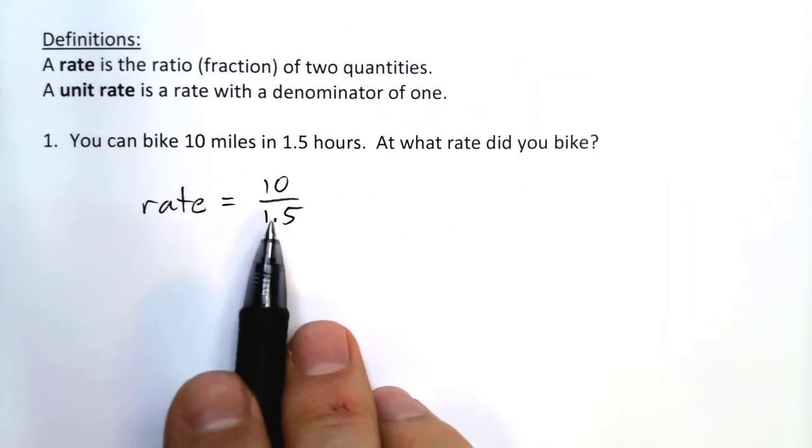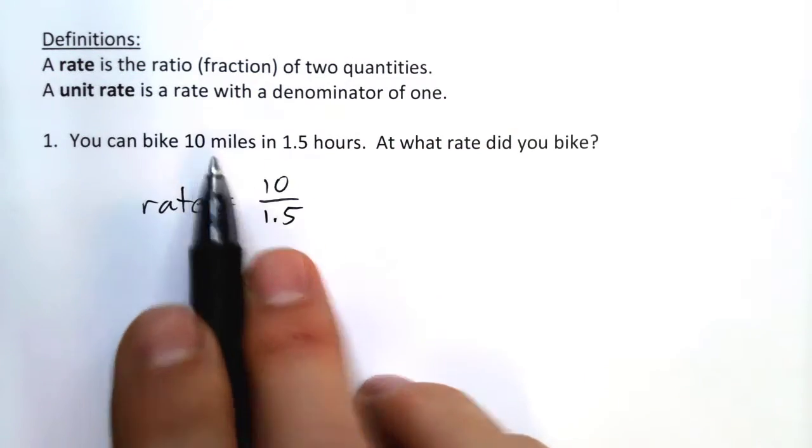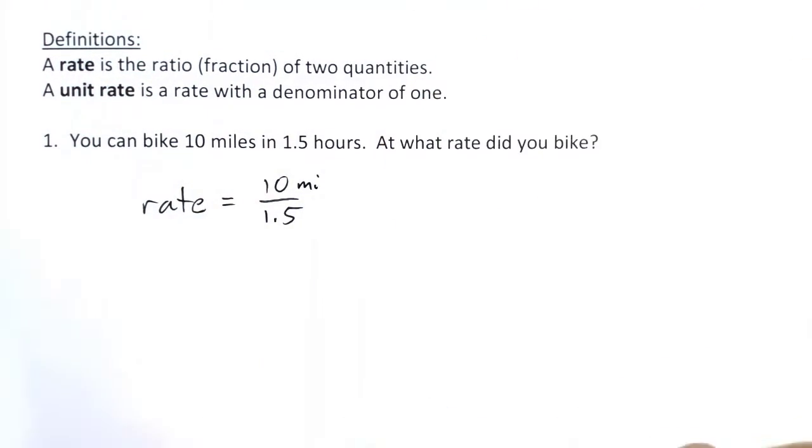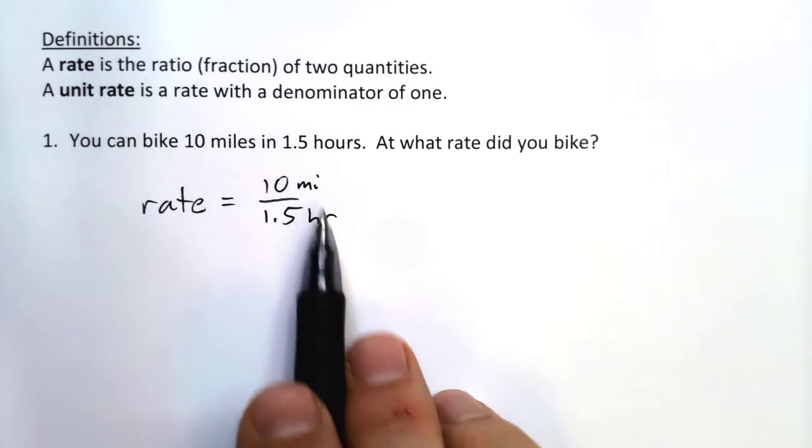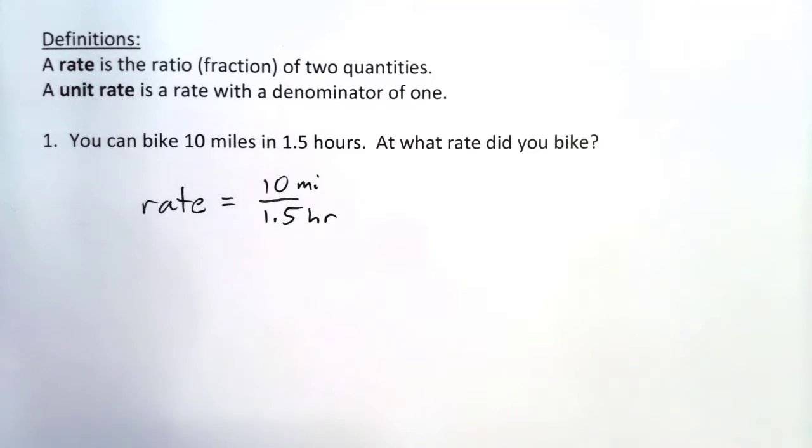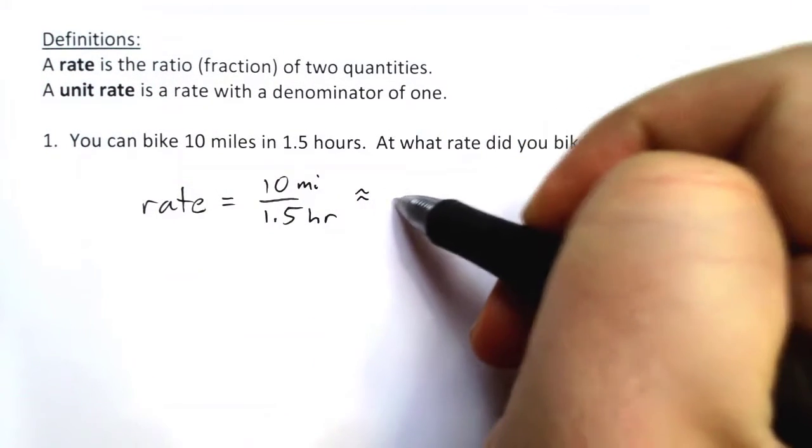Now, instead of just writing the numbers here, I'm going to keep track of the units. So I'm going to write miles here and hours here. And it'll be useful to do that in problems going forward, because keeping track of these units is important to make sure that we did things correctly in the final answer. Now, when I divide 10 by 1.5, I get